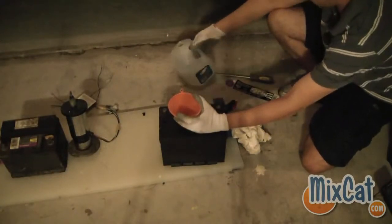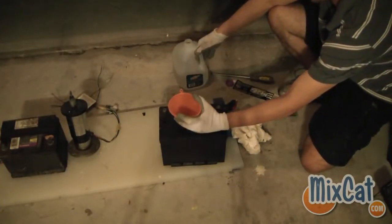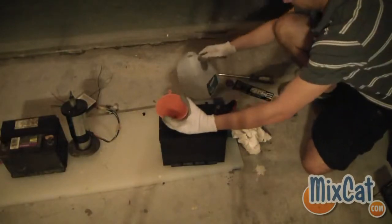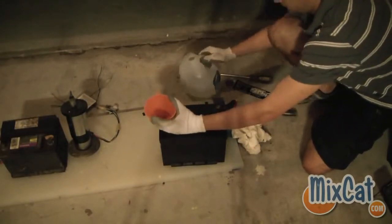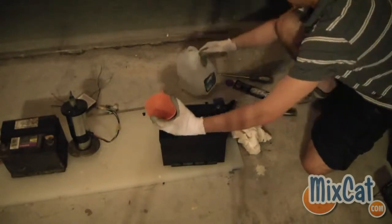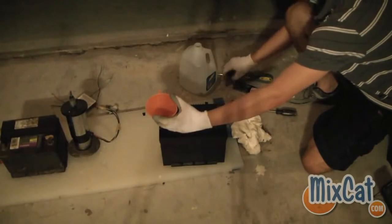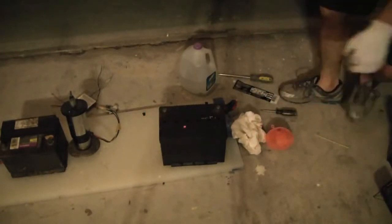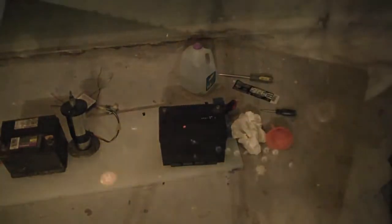I'm going to put the caps back on and shake this guy around, make sure I really get the baking soda throughout this lead acid battery. This will be nice and clean. I'm going to let that fizzle for a little bit. Get away from it. Here's a shot of what it looks like